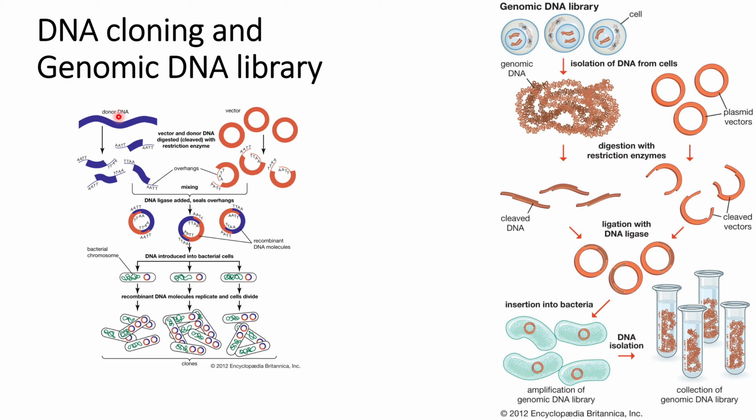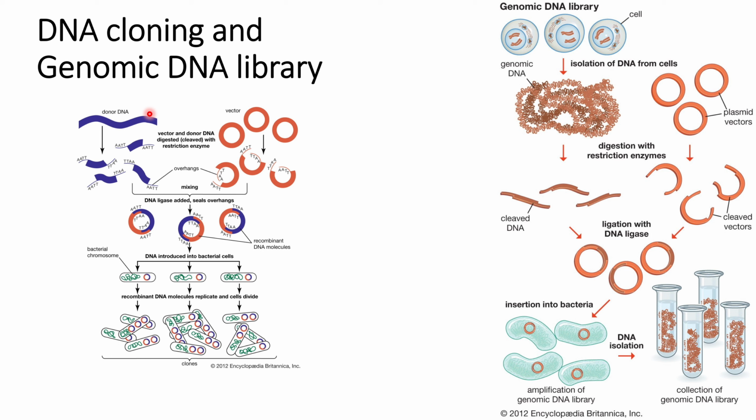In this case, the donor DNA is the gene of interest, or the part of DNA which is of interest. First, it needs to be integrated into the vector. Vectors are usually plasmids, small circular DNA that are usually found in bacteria. Initially, the donor DNA is cleaved with the help of some restriction enzymes, and the